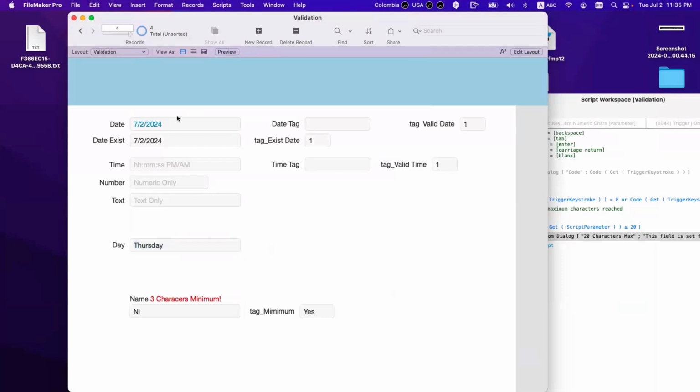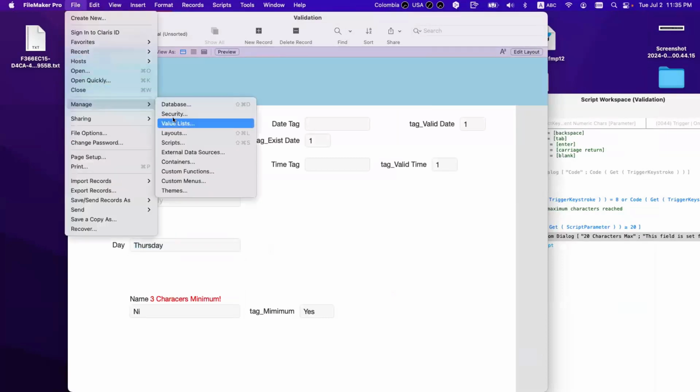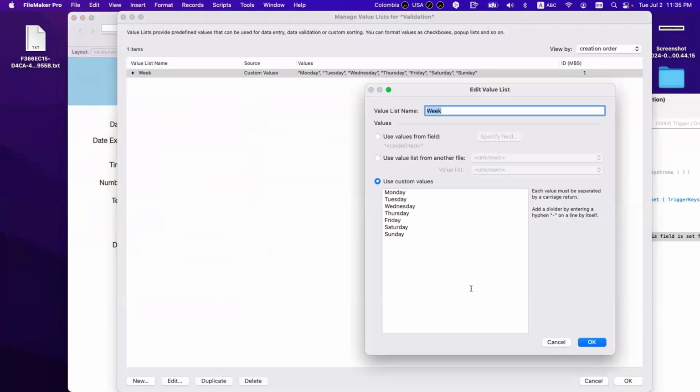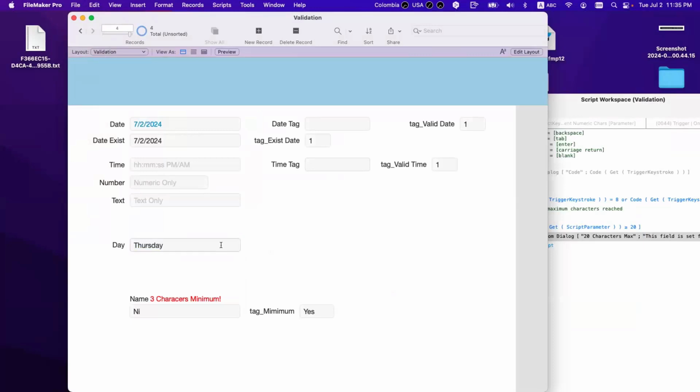I have a value list, so the data must be part of that value list, which is this. But if you type something like this, boom, it goes away. Okay. So how do we do that?